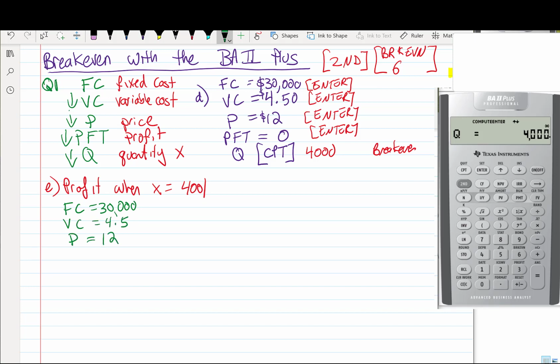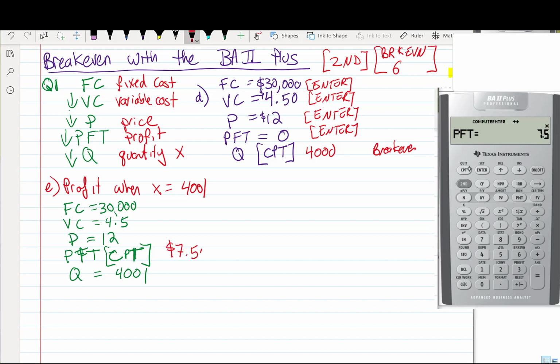Price is still 12. Profit, that's what we're looking for. So I'm going to write compute because we're going to be computing that, and Q is going to be 4,001. So go here. I'm up at the calculator, press 4,001, enter. I'm going to scroll up again. Profit is showing, and I press compute. Profit equals